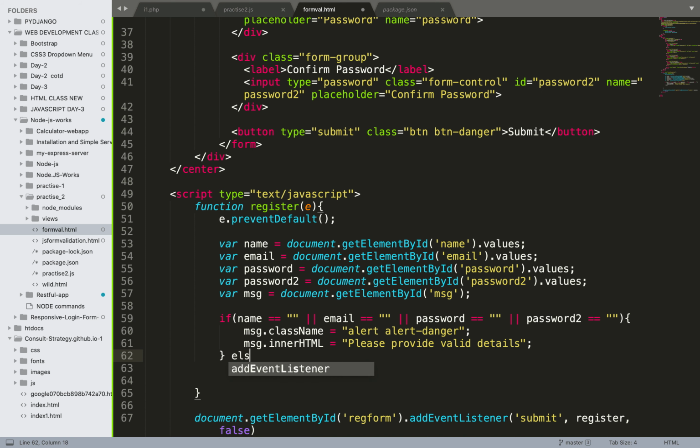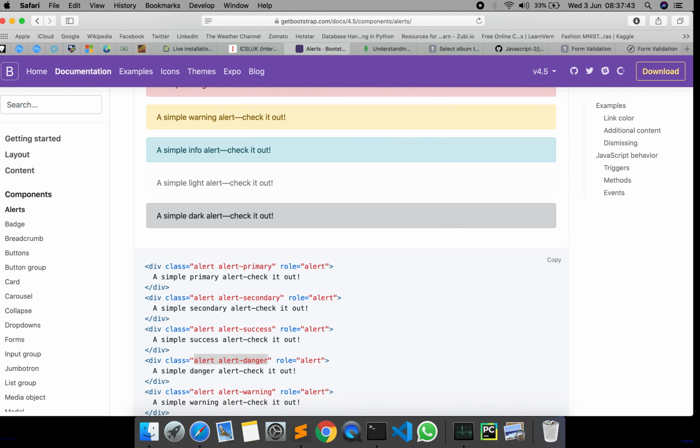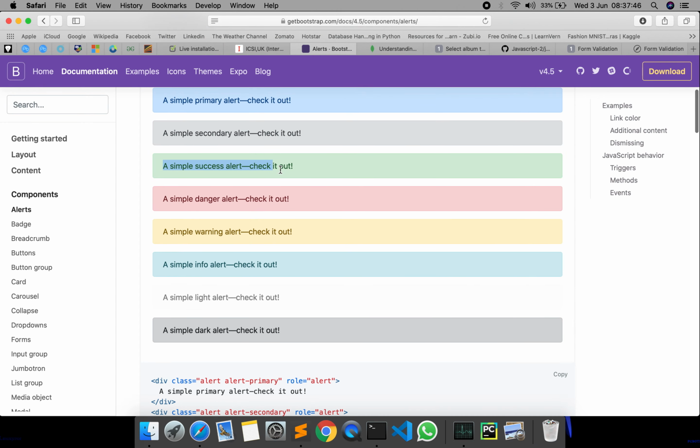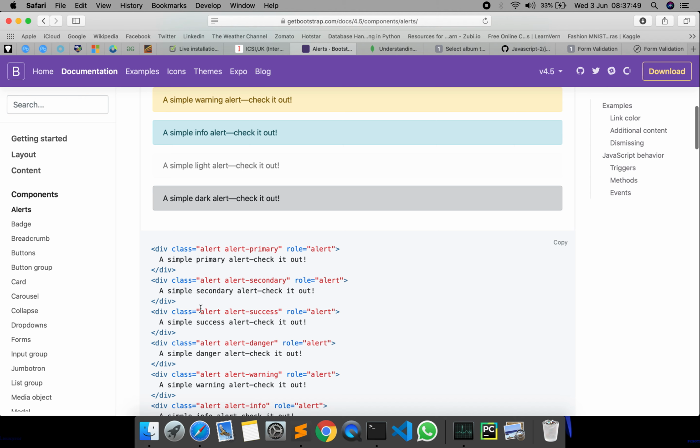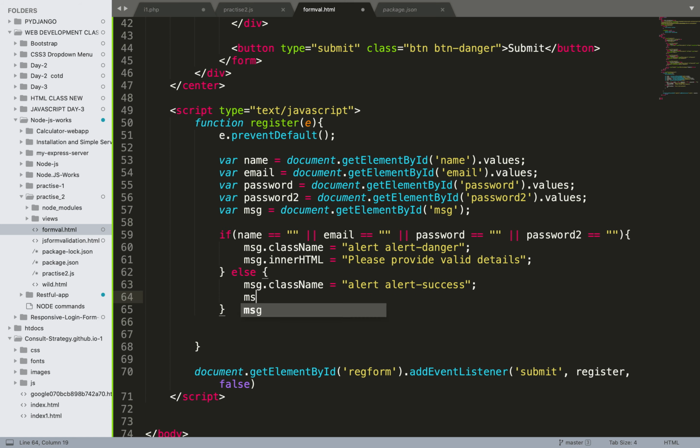And let's add one else part. So if everything is correct, the form will be submitted. So msg dot class name. Okay, so for success, a simple success alert is there. So we need to copy the code, alert success, and let's have a message dot inner html equal to name. Sorry, it will be